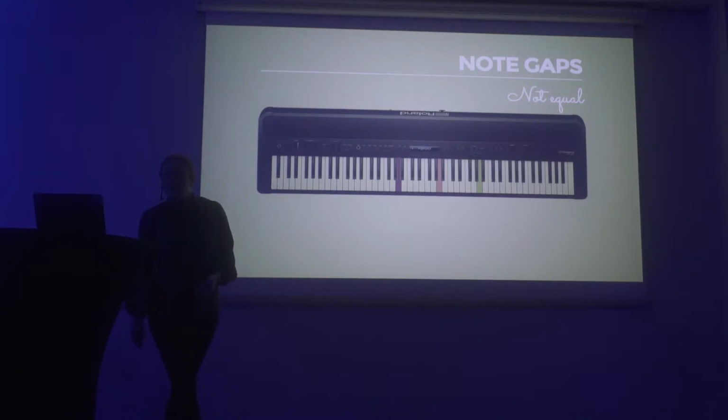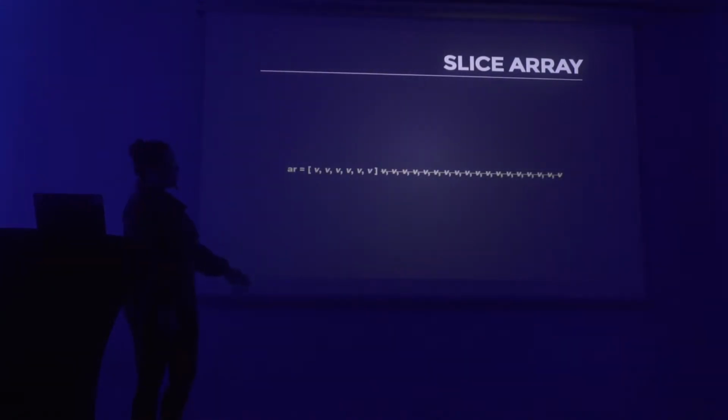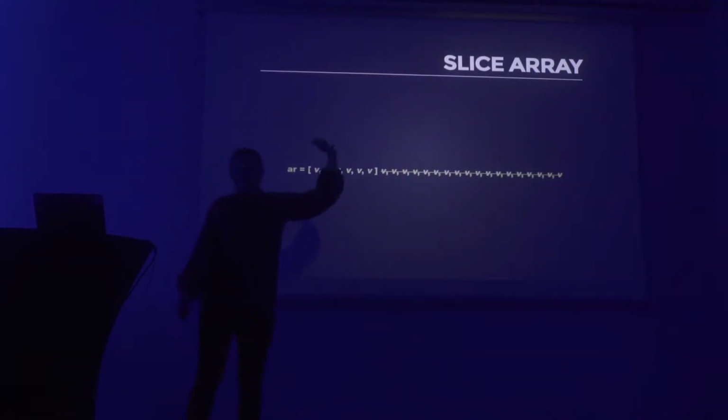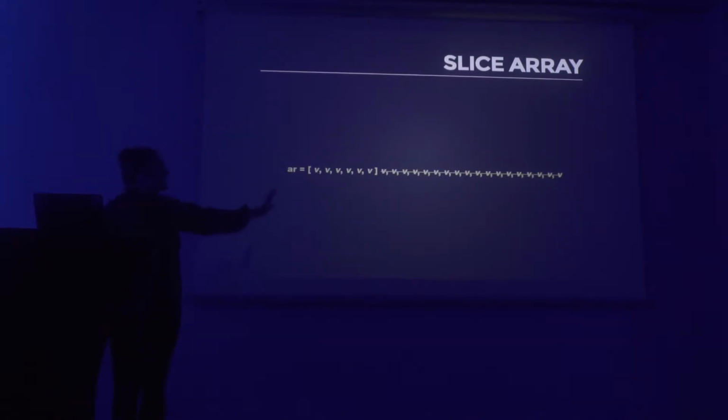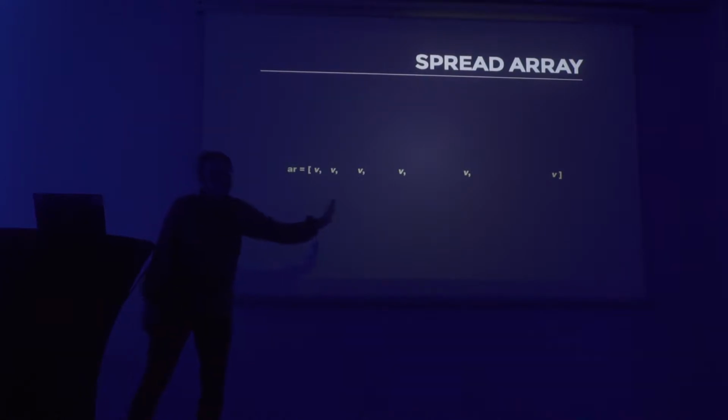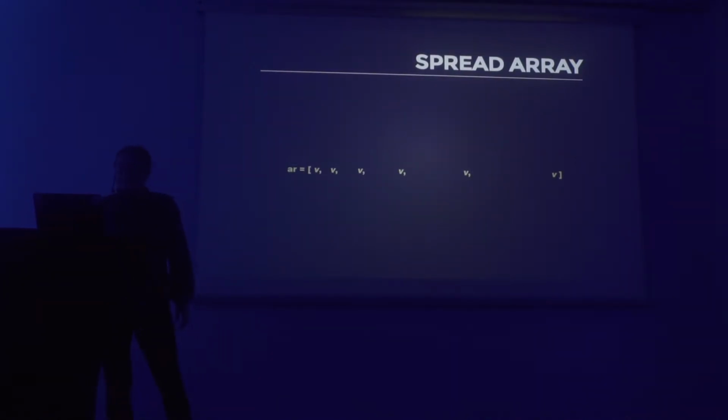So the array that we have doesn't really make too much sense in the fact that it's equal. It should be a better sort of log spread. So we take the data from the Audio API. I can just chuck off that bit. I don't want that top bit at all. I want to keep this bit. This is the bit that I'm interested in. And I kind of also want to spread it out to give it a better spread.